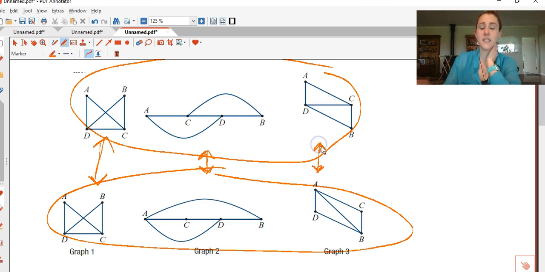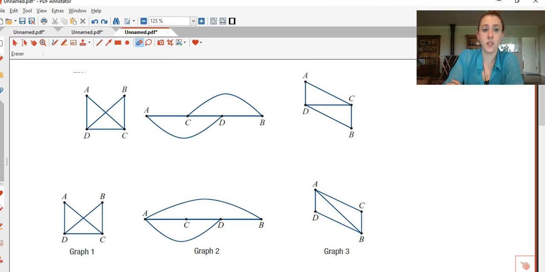But what makes an isomorphic graph? What makes it equivalent? And what does a graph actually do? So we have to go back to that question essentially and ask, what does a graph do? So first of all,